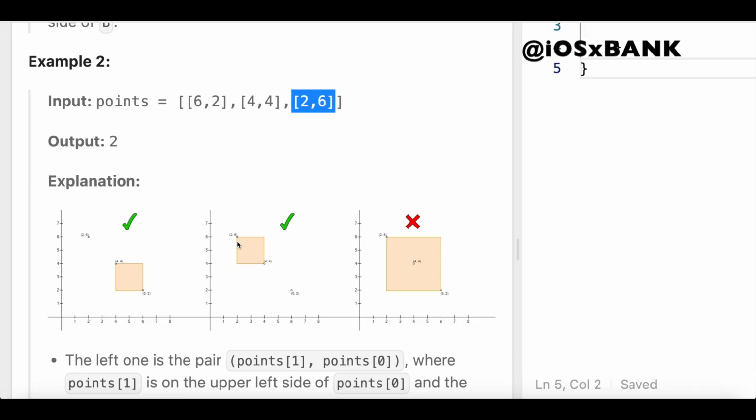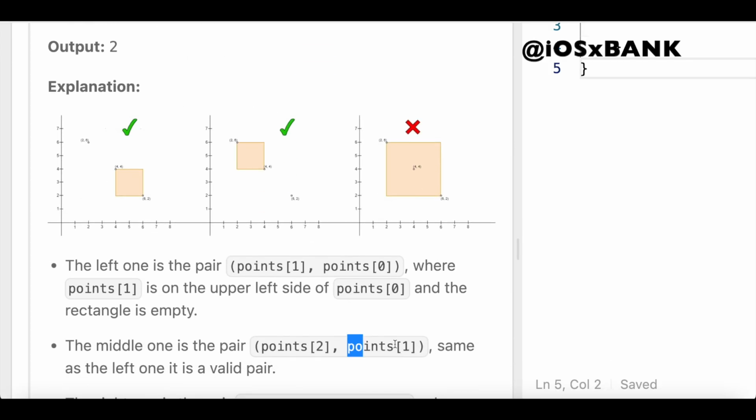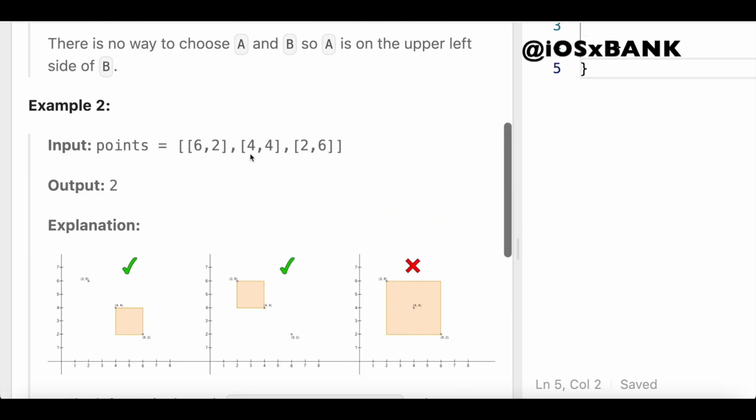This 2, 6 right here, as you can see, come over 2 up 6. So we have a point right here, 2, 6. Then we have points of 1, which is 4, 4 again, right? So points of 1, 4, 4. Boom, right here, as you can see, 2, 6 is up and to the left of 4, 4. So that's a valid pair because there are no other points in the square or along the border of the